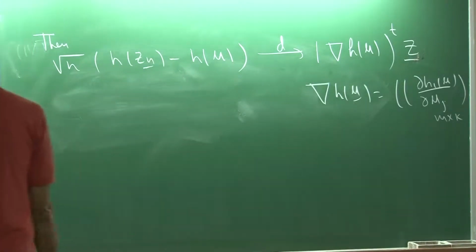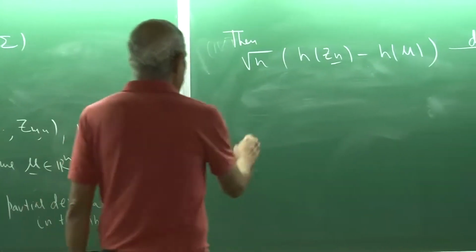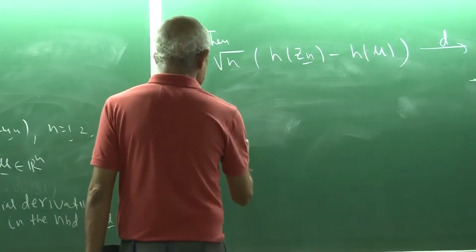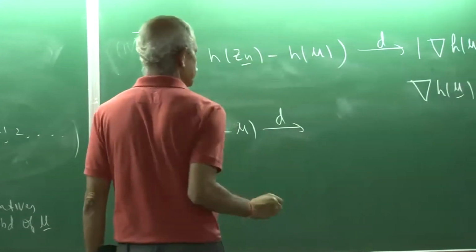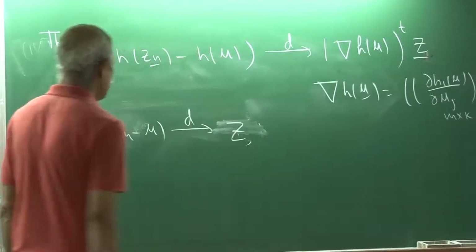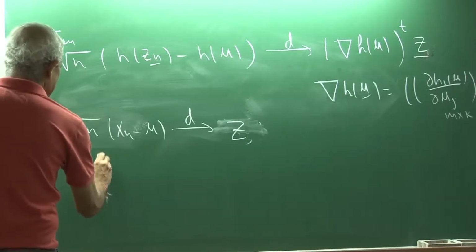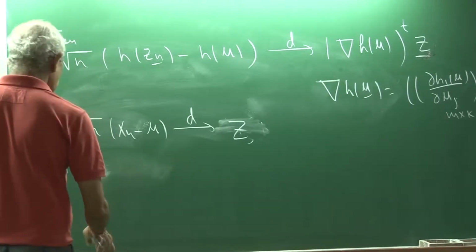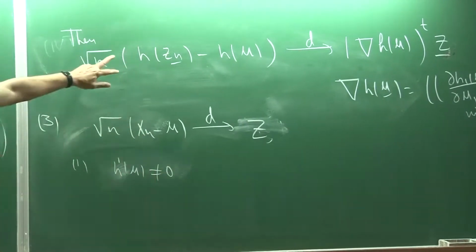Now in such situations, especially in R1, you have a result which says that if root n (xn minus mu) goes in distribution to normal 0, 1. Let me say Z need not be normal 0, 1. First, I assume that h is differentiable and h prime mu is not 0. Then using this result,